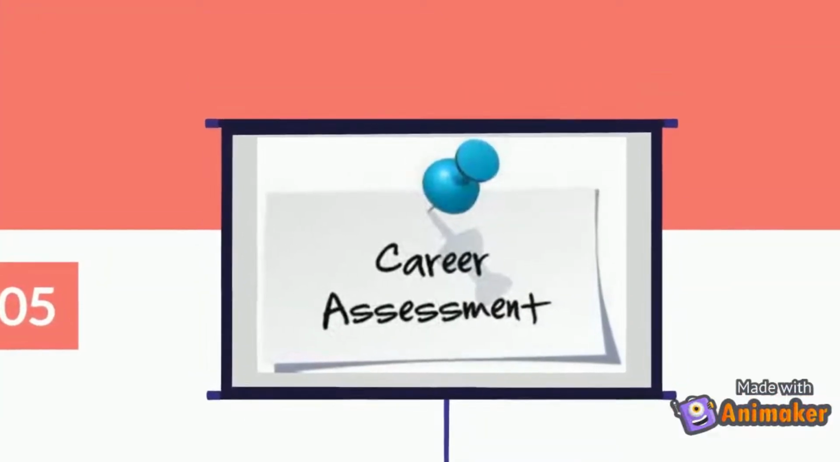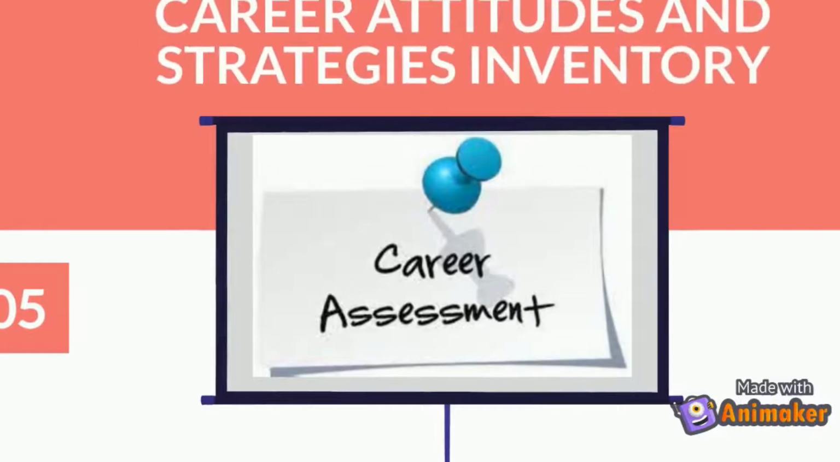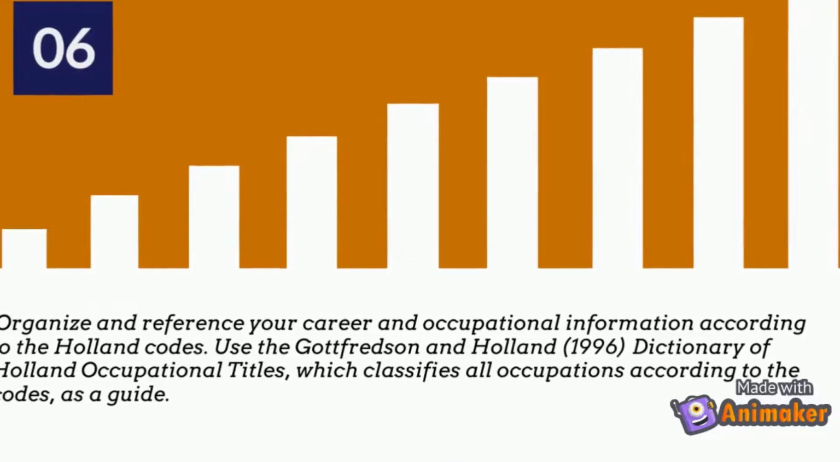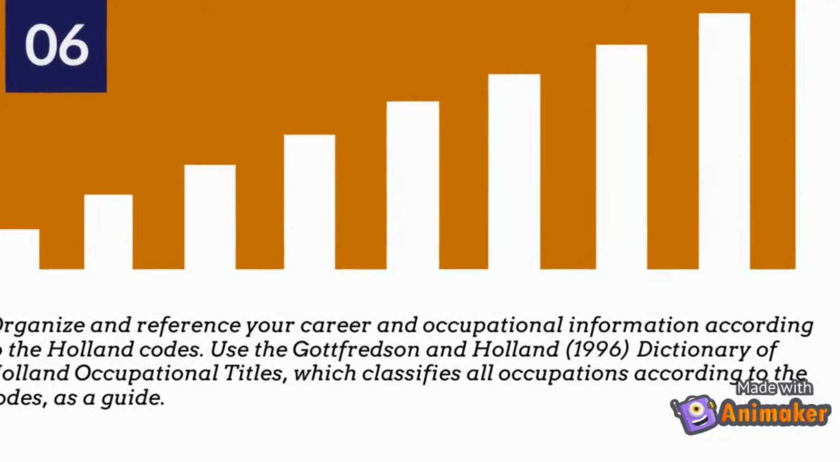5. Consider using the Career Attitudes and Strategies Inventory developed by Holland and Gottfredson to help employed people assess their current work and environment. 6. Organize and reference your career and occupational information according to Holland codes. Use the Gottfredson and Holland Dictionary of Holland Occupational Titles, which classifies all occupations according to the codes, as a guide. And lastly,